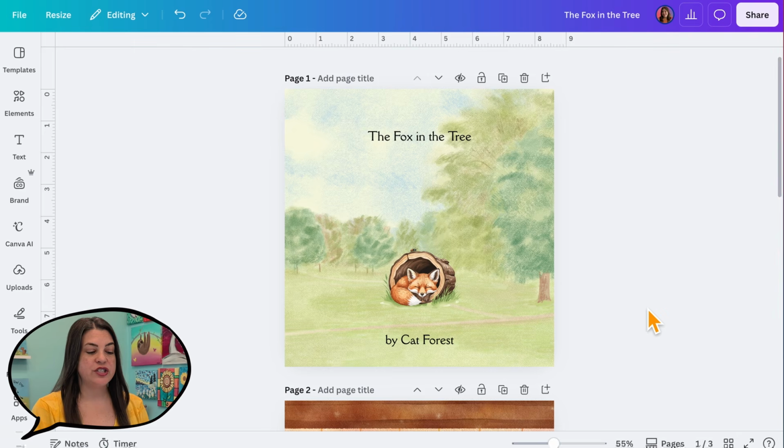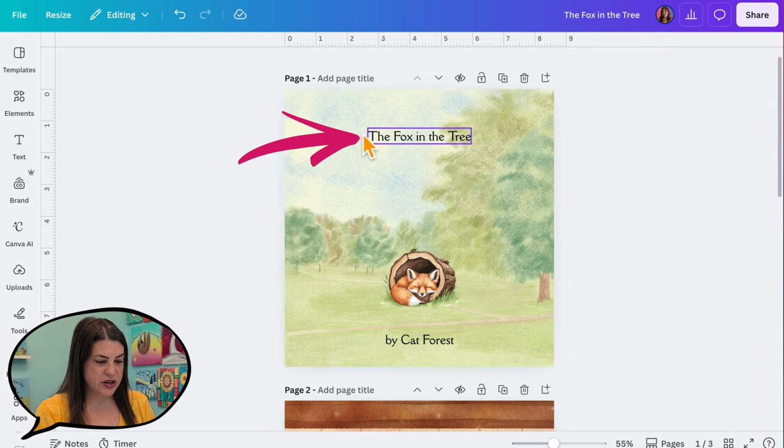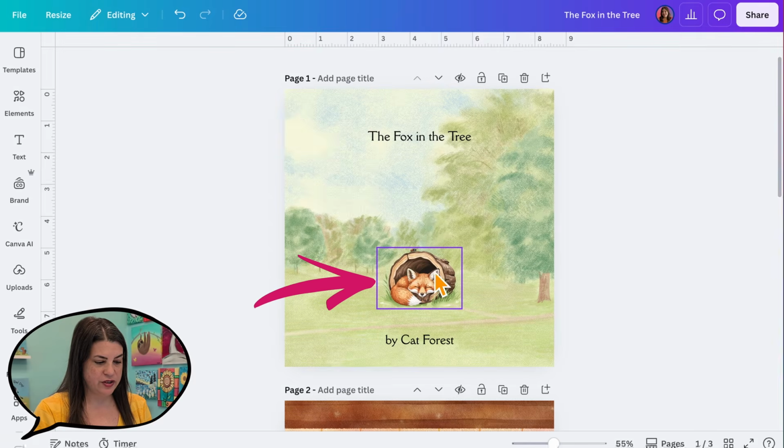I have a few fictional cover designs here, so these aren't actually real covers of real books. They're just ones that I made up so that I could show you the changes that I would make. So let's go ahead and look at the first cover here. As you can see, the name of the book is The Fox and the Tree. We have a nice background here, and we have a little fox and a tree stump and the name of